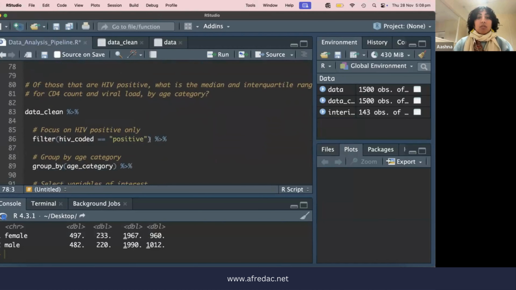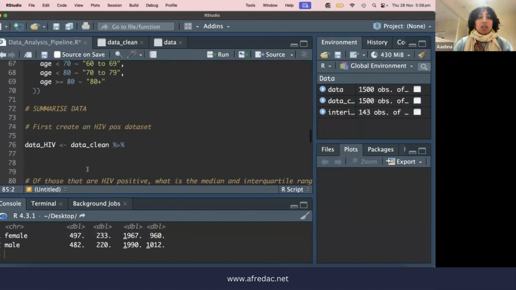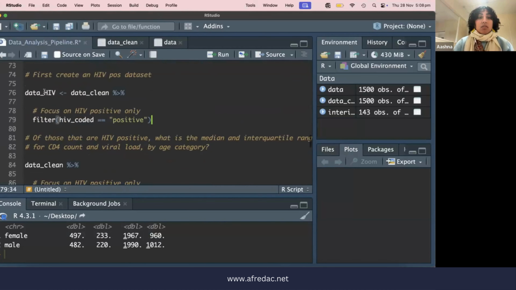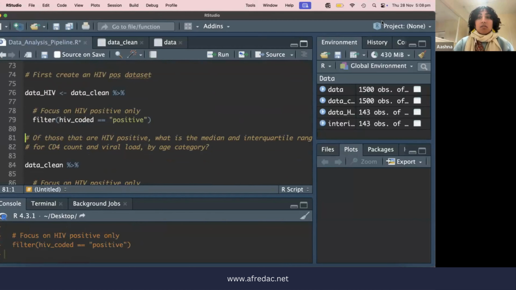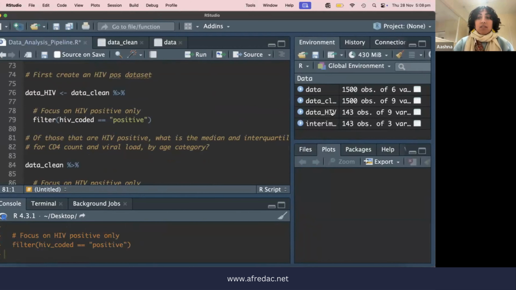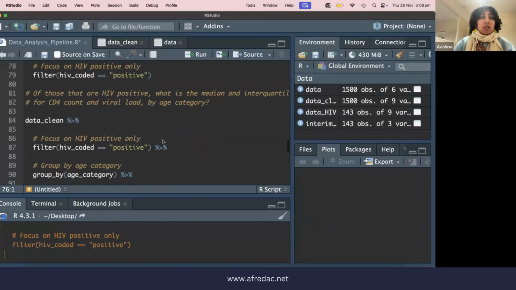And I could do this only once, focusing on HIV positive only. So if I said data HIV, now you can see in my environment that I have data HIV over here, which is now focused only on the HIV positives. Now I can remove this instead of data clean. Now I'm looking at data HIV. I can remove this step altogether